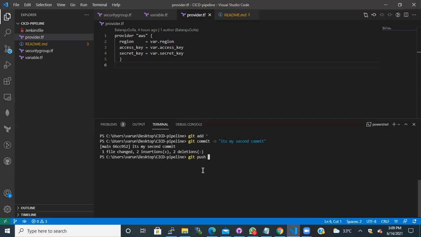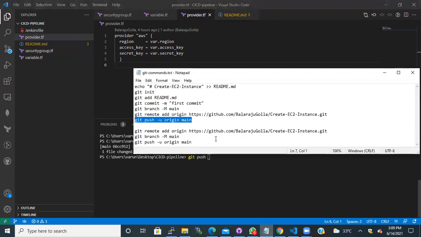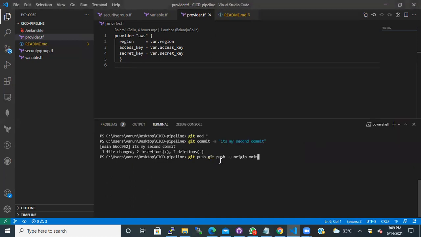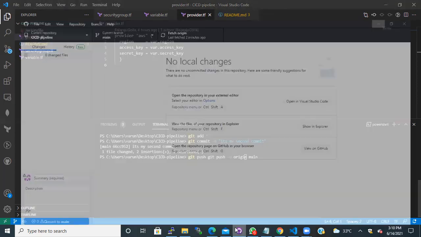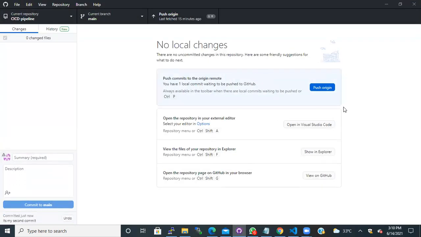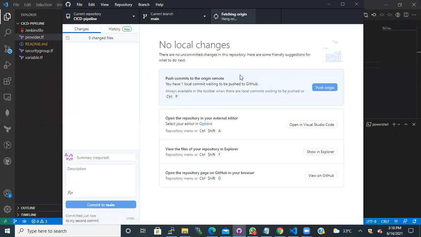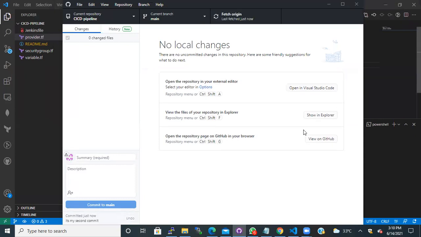Git push. Okay, one minute. Let me push here. So I have the file. Okay, it's pushed.